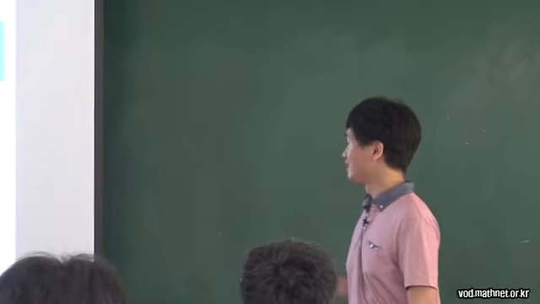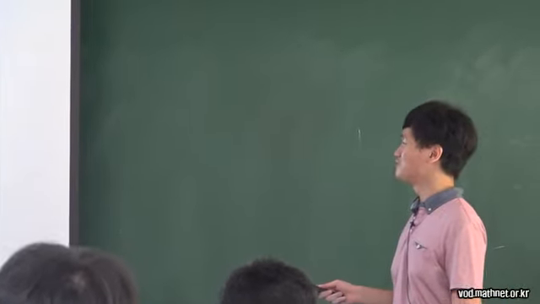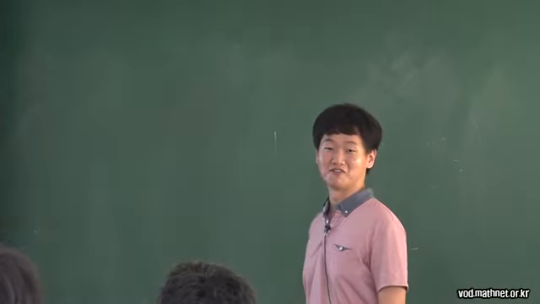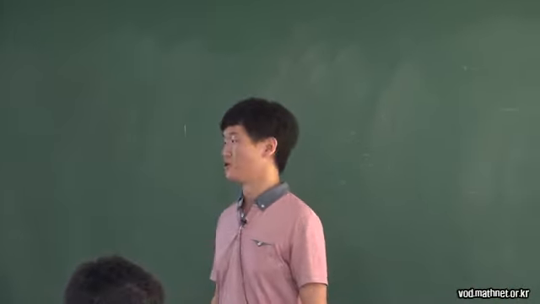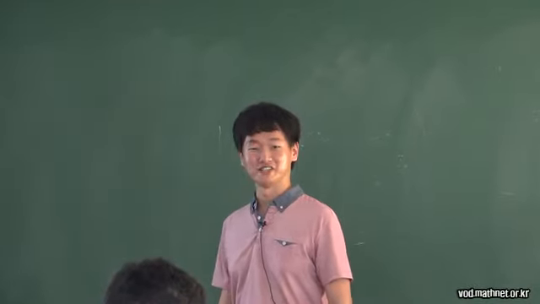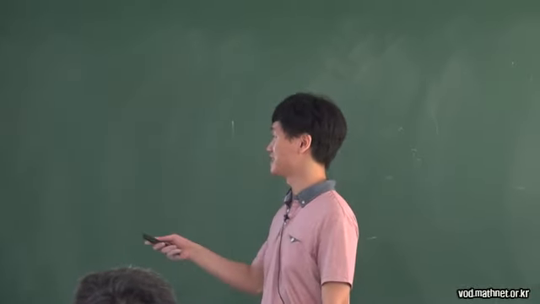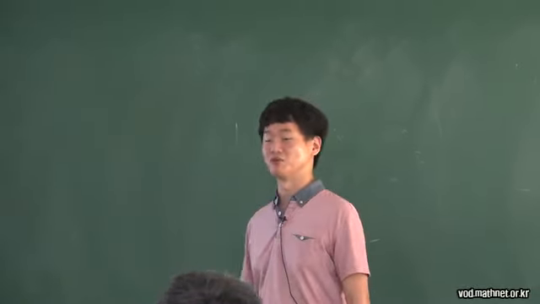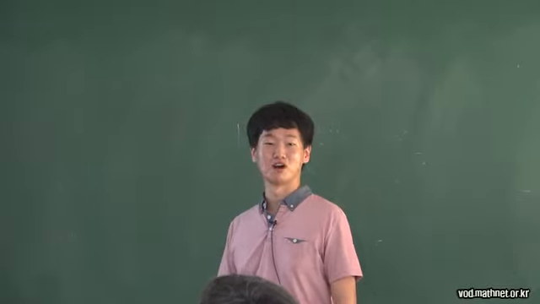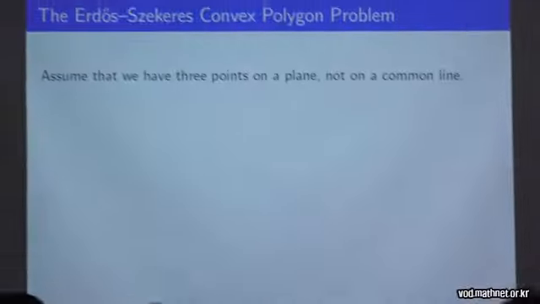Okay, so the title of the talk is On the Off-Diagonal Erdős-Szekeres Convex Polygon Problem. The problem that I worked on is a variant of the Erdős-Szekeres convex polygon problem. So I guess it will make sense first to introduce what the original ES problem is. Let me start off by giving you an example.